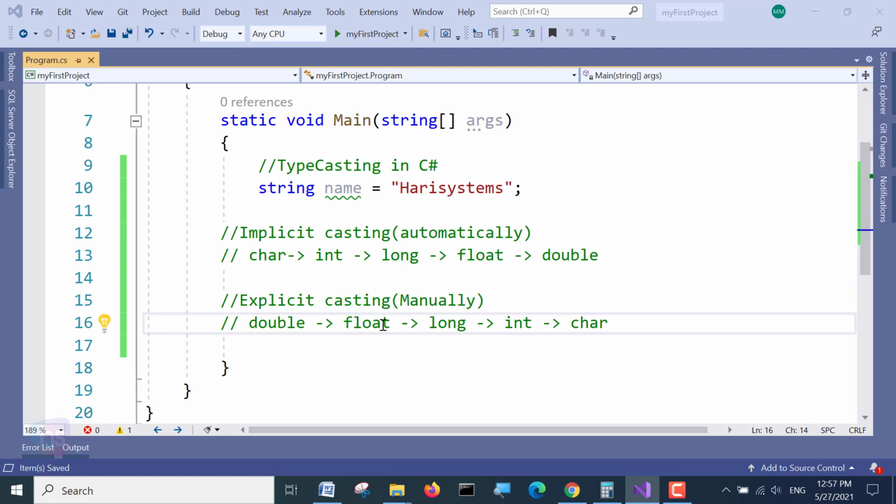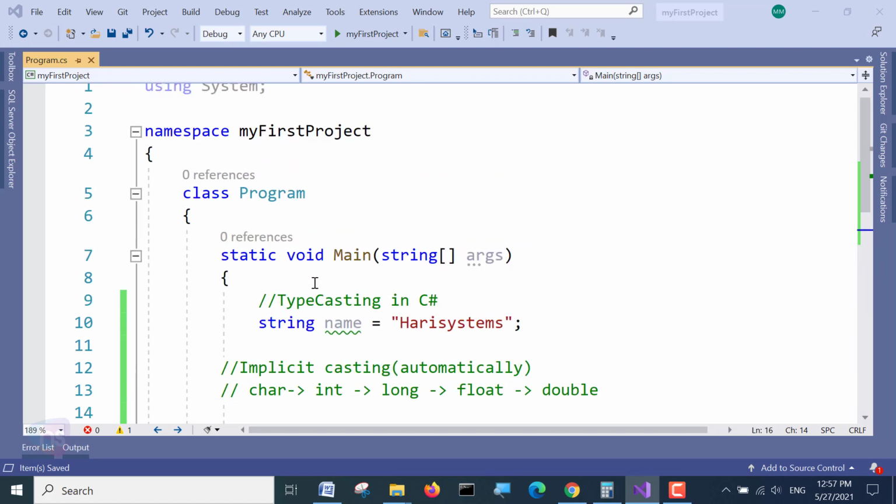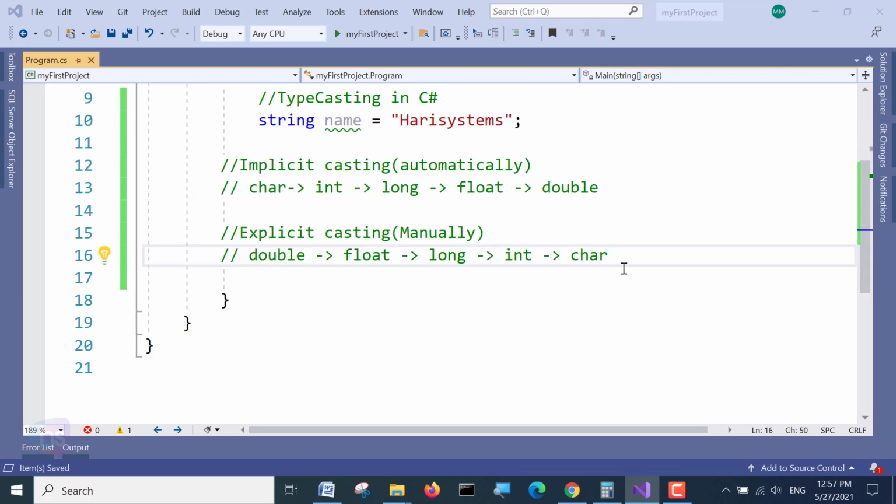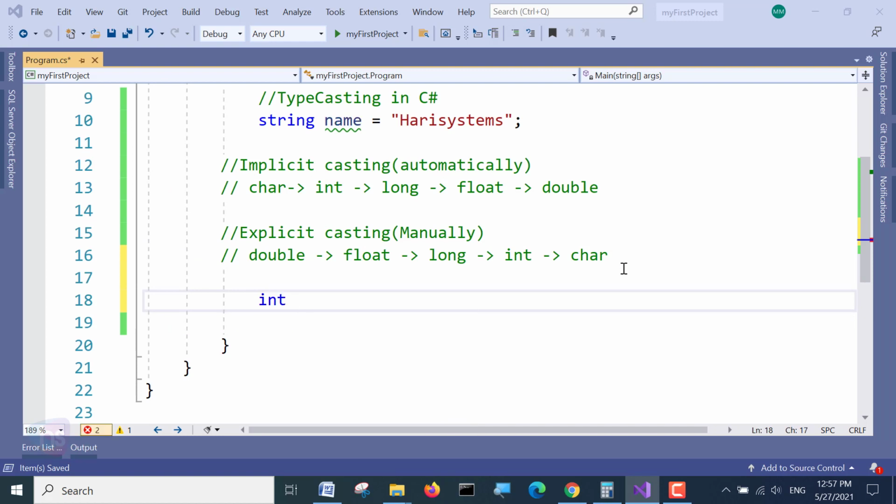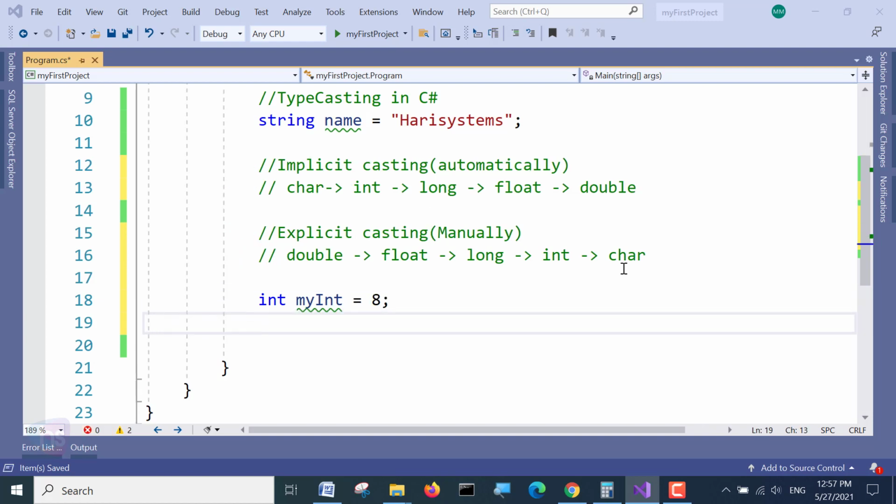You can easily understand this when I have an integer number here. For example, int myInt, my number, is very simple, like 8. So this is an integer.